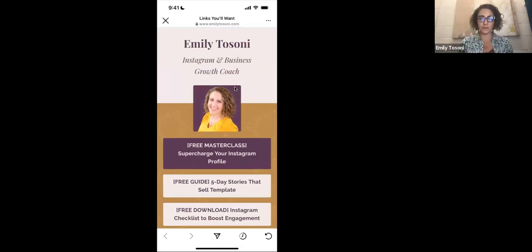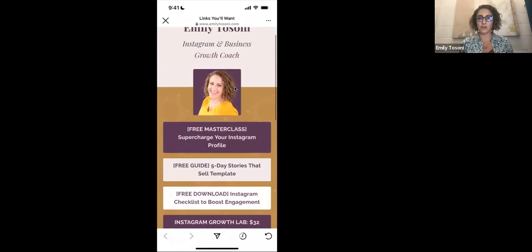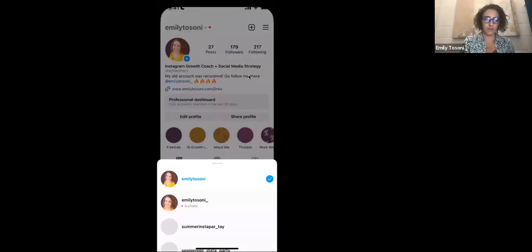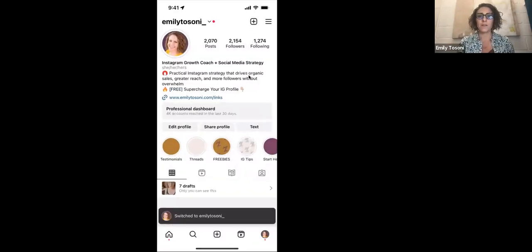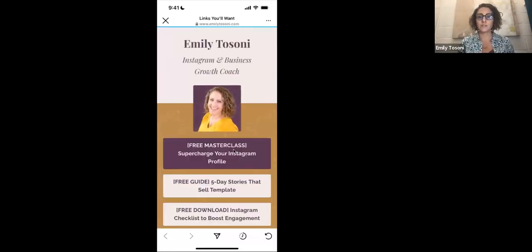Okay, so you could have something like this where it's like a link tree. Here are the different options. I have a free thing, and then I have a paid thing and a paid thing. But the free things are first, so that if somebody reads, let me click back over to my main account, if somebody's here and they say free supercharge your Instagram profile and they click on my link, that is the first thing that's there.